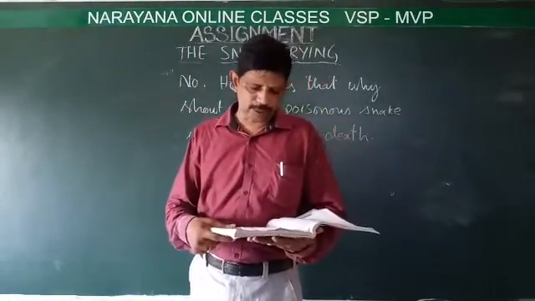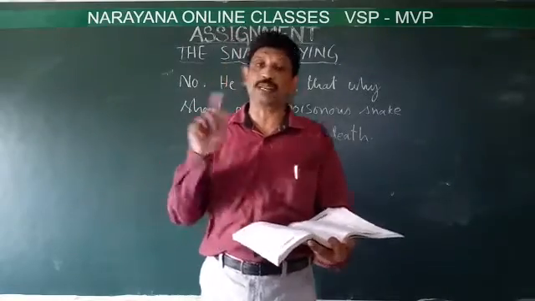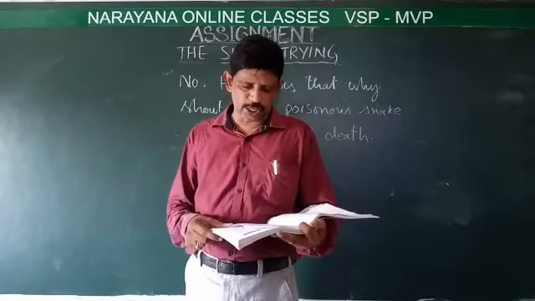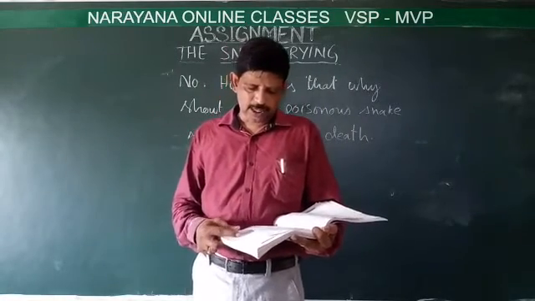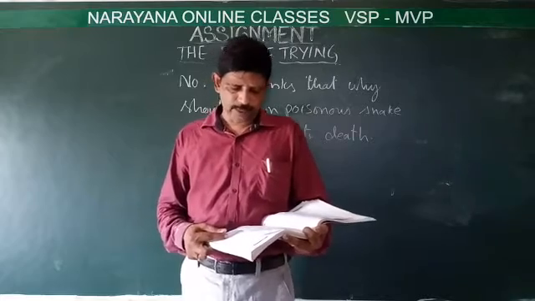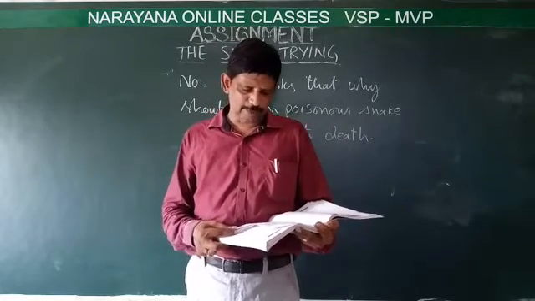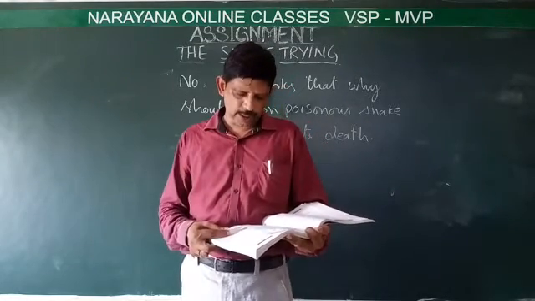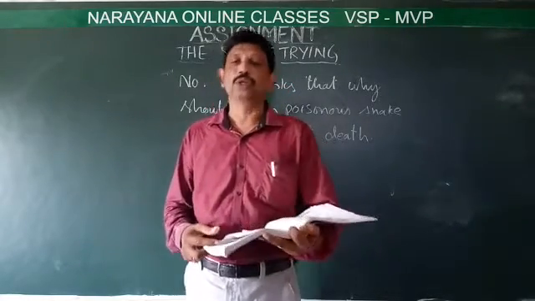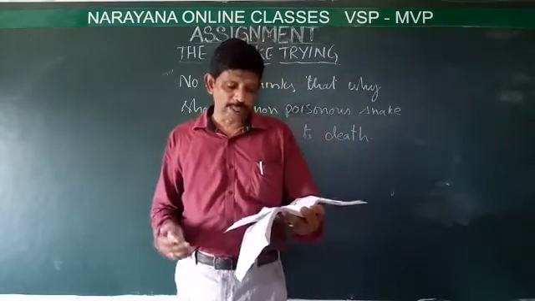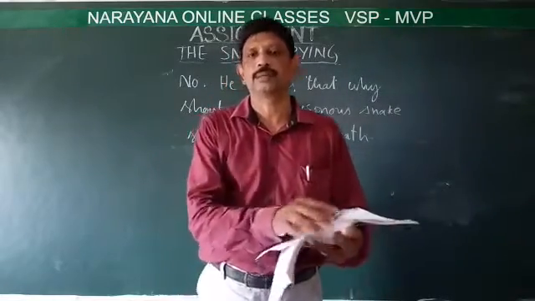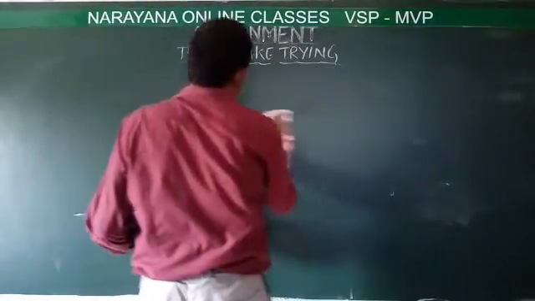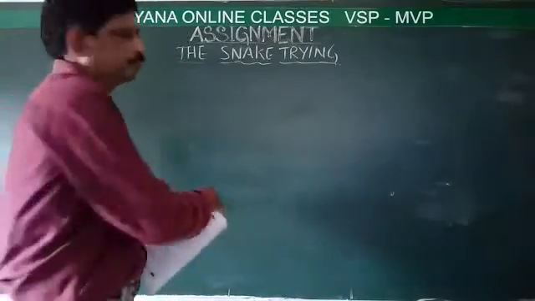What is the poet's request to the person with the stick? The poet requests the person chasing the snake with the stick to let the snake go free to live his life. He wants the person to let the snake move away through the water to the reeds where he hides himself to safety. So, what is the poet's request to the person with the stick? The poet requests the person with the stick to leave the snake to live his life.